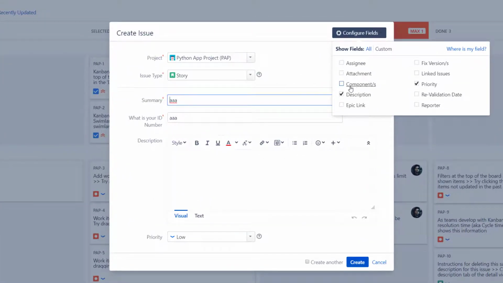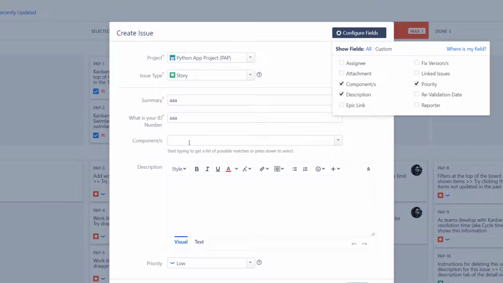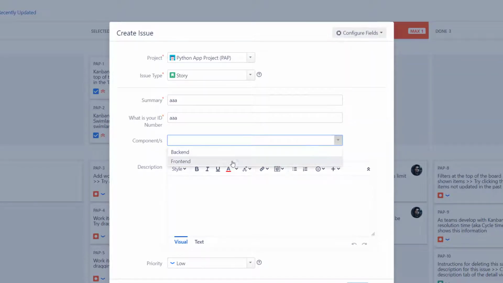When you actually go for custom, the components are selected. From the drop down, you will be able to select. And what is also very cool, you can assign one issue into many components, or one thing which can be disabled. You can also create a brand new one from this